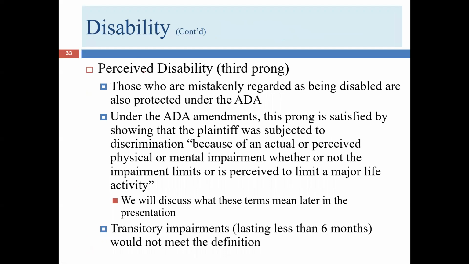So we're going to call this perceived disability, regarded as disability. So those who are mistakenly believed to have a disability are protected. We saw this with national origin discrimination. Remember the case, it was the Conroe car dealership where the individual was from India. Well, everybody thought he was from the Middle East. And so they started calling him offensive terms relating to the fact that they thought he was an Arab. Well, he wasn't an Arab. So they were mistaken in his national origin, but they were still discriminating against him.